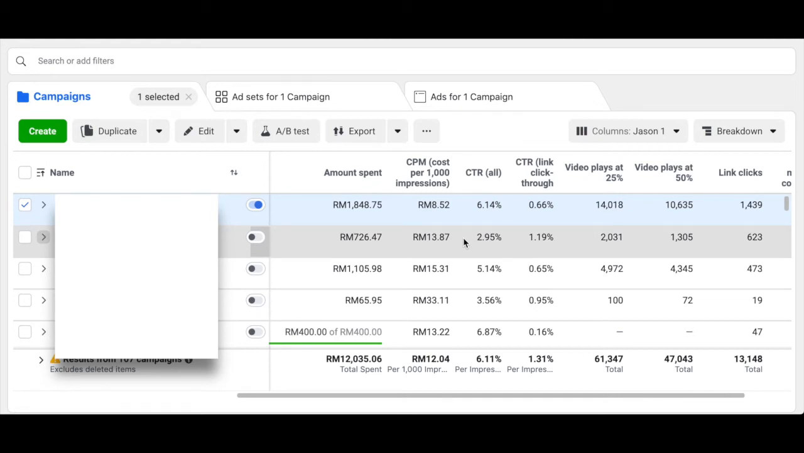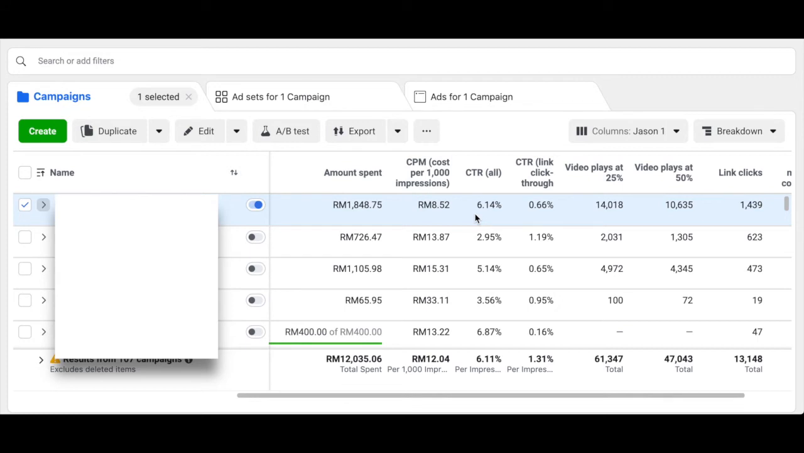Now, CTR, as you can see here, there are two CTRs. One is CTR all. CTR all means when you are looking at a Facebook ad, there are many buttons to click, not just the call to action button, not just the link, not just the video to play. Clicking on like is also considered a click. Clicking on your profile image is also considered a click. Clicking on your page name to go over is also considered a click. High CTR for all may not be a very good thing, because the next thing we look at is the